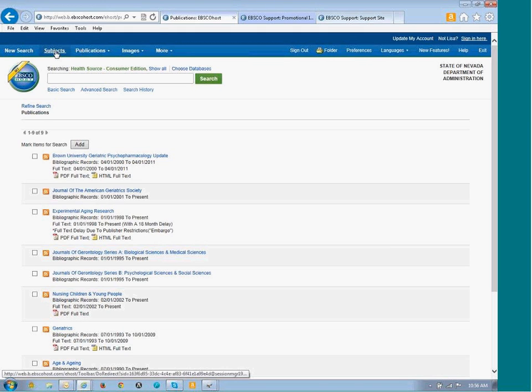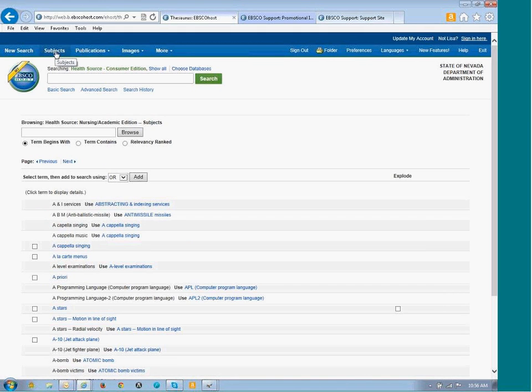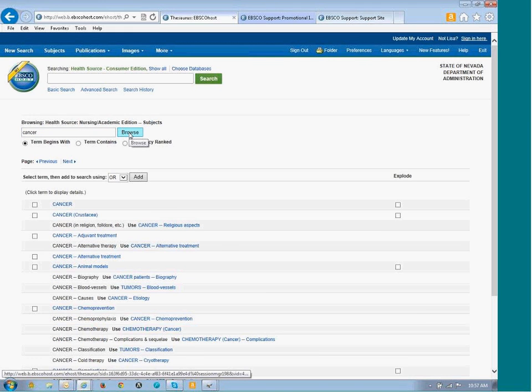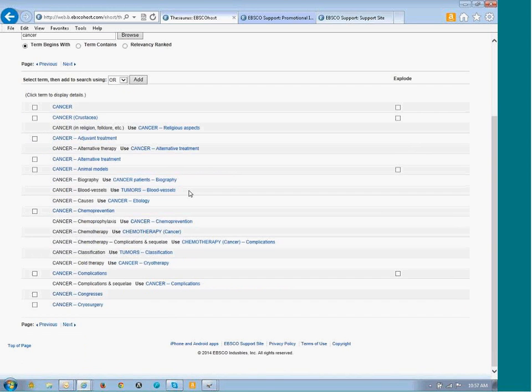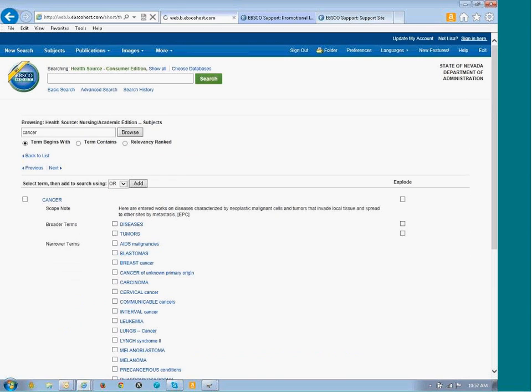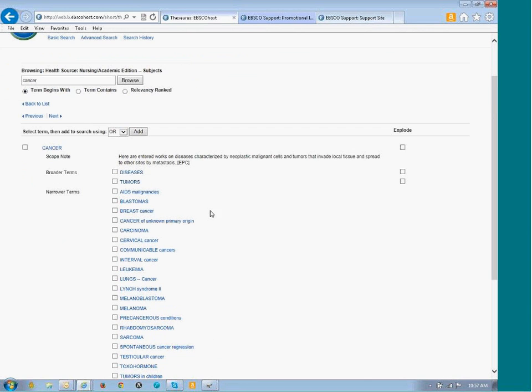Also use the subject headings. Subject headings are great when you're looking for a clinical term that you don't really know what it is. So in this case, I'm looking in the Nursing and Allied Health data, and I'm going to type in a horrible four-letter word, cancer. When I scroll through and I see cancer, I can click on these hyperlinks, and then it's going to give me different, more clinical terms: